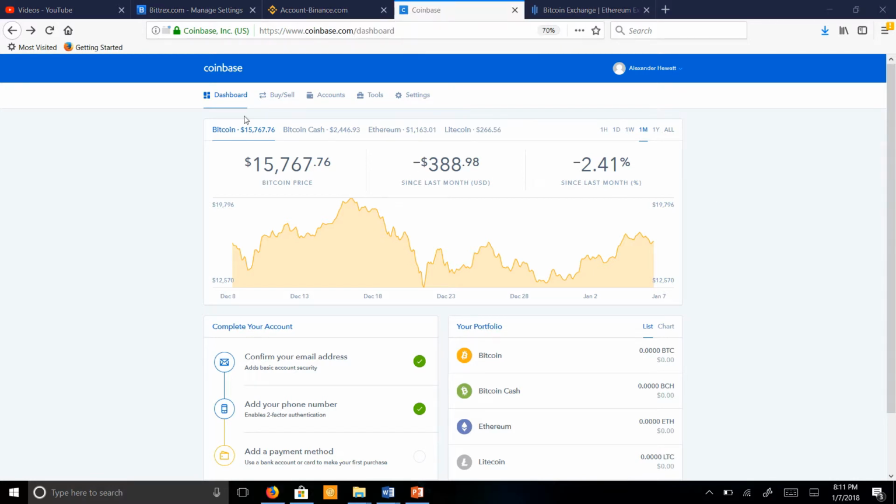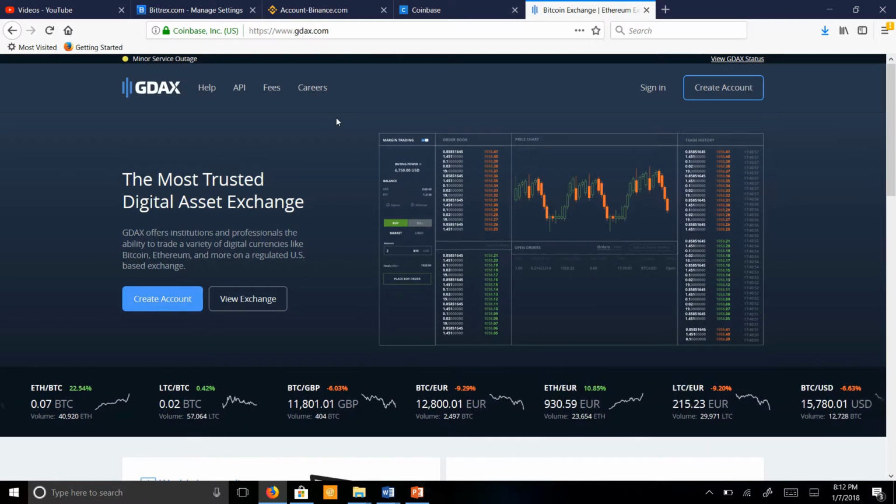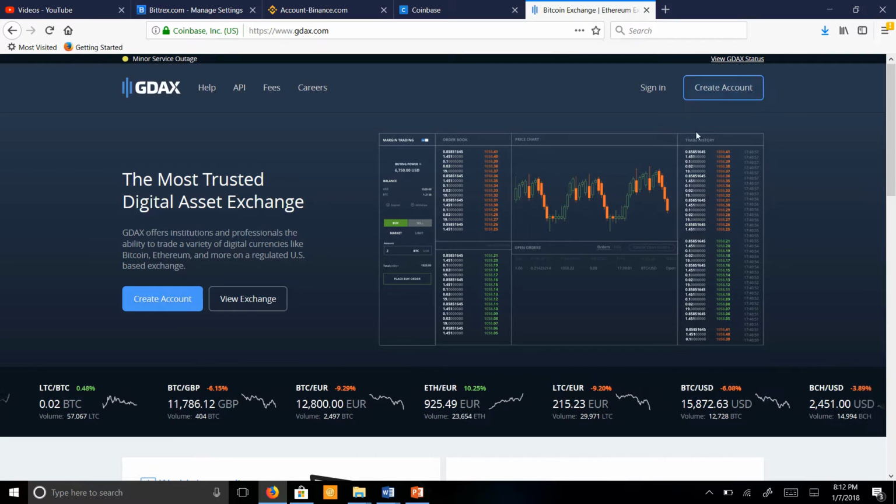After you buy those funds, it's pretty easy to navigate through this website. Let's see here. Buy and sell. Yeah, you have to add a payment method before you can do this. But after you do that, what you're going to want to do is go to gdax.com and create an account with them as well,